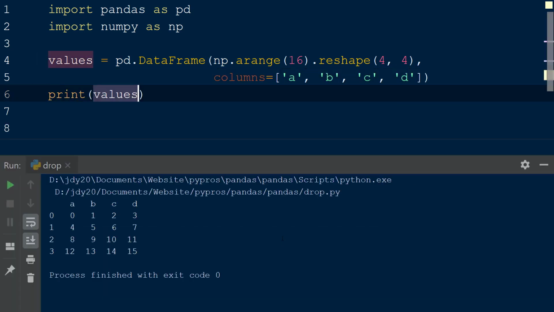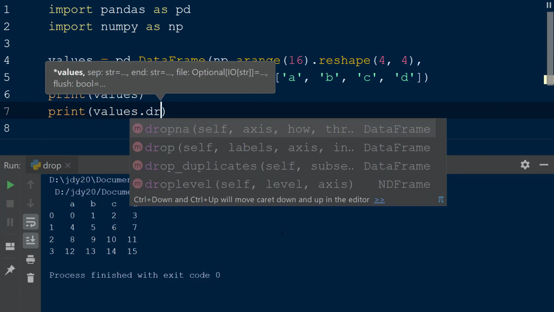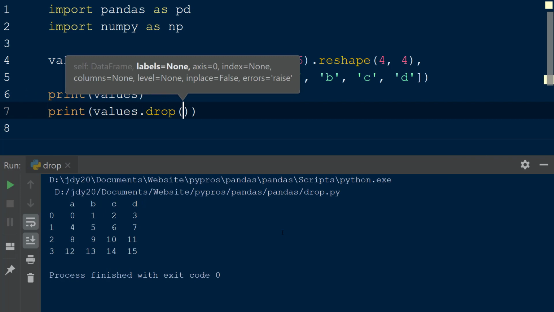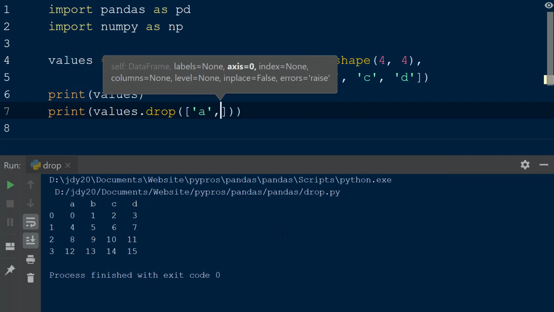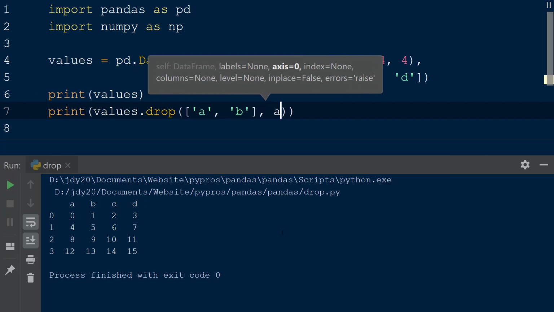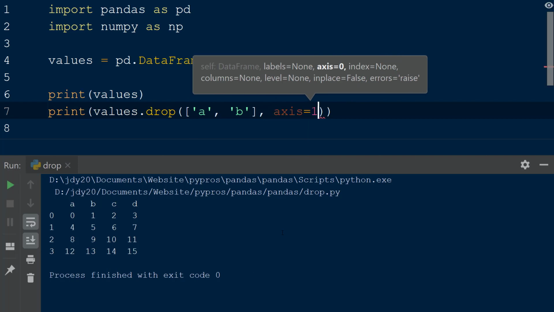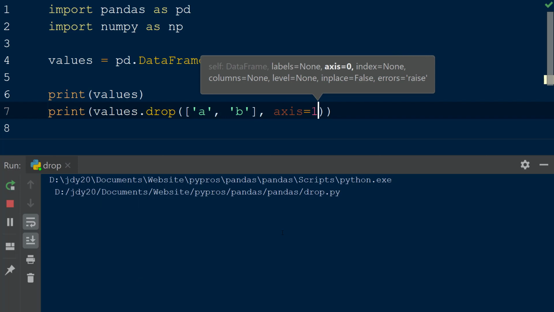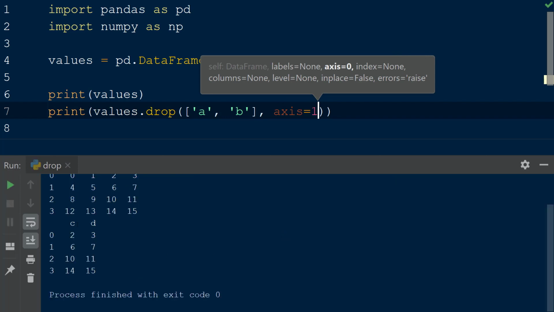Now that the data frame is set up, we can use the drop function by calling it on the values data frame. The first argument is the list of labels that will be dropped, columns A and B, followed by the keyword axis, which is used to identify where the labels are found. In this case 1, which means the labels are columns. When the result is printed to the console, we see that the columns A and B have been dropped from